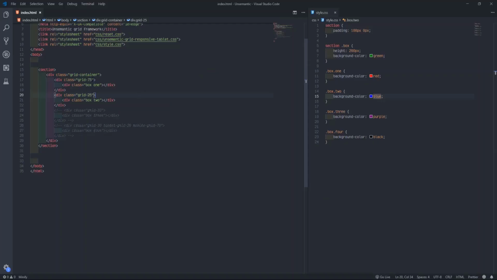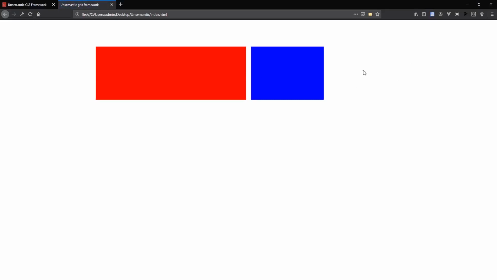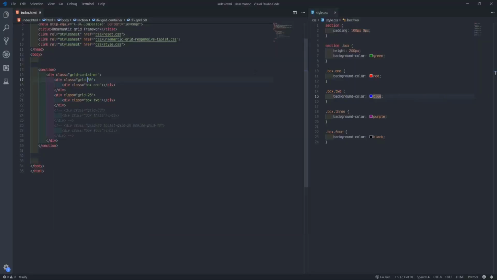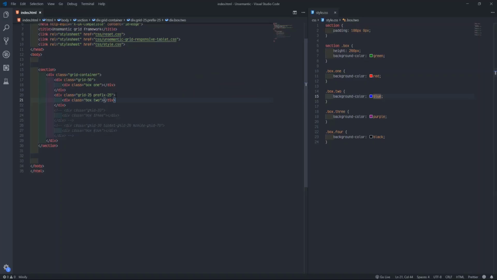imagine you have these two things now. Although you don't want to make this one big like that. This one is like 50 now. So you see, this one is like 50, and maybe you just want to make space in this place. Now, what if you do this: if you come to this grid 25 now, then you say prefix 25. So this prefix 25 now, if I refresh now, it pushes this guy. So the 25 plus 25 is 50. While this other grid is 25, this grid is 50 now, together they make 100.